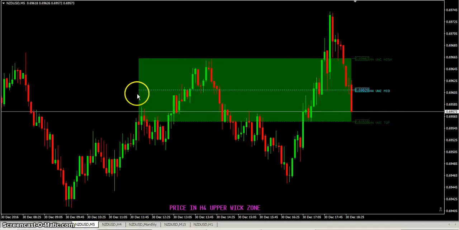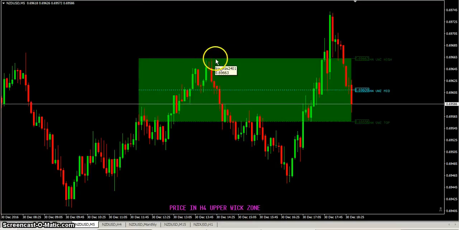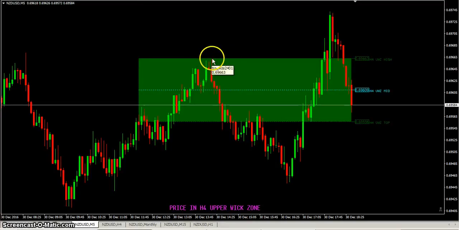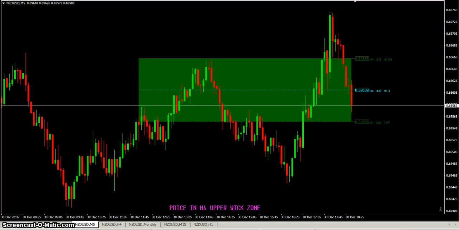Once again, the midpoint action here, just horizontal lines. I mean, if you've read anything I've written, you know I've said it at least twice. All you need to trade is a horizontal line. I mean, that's it. Price either comes to the line right there and it reverses, or it comes to the line, it crosses it, it comes back to the line, it crosses it. That's all price is going to do. Up and down. And that's why it's so frustrating for me to read other people's work and see